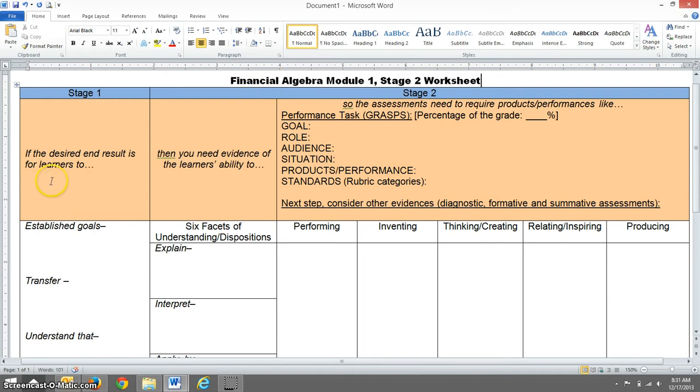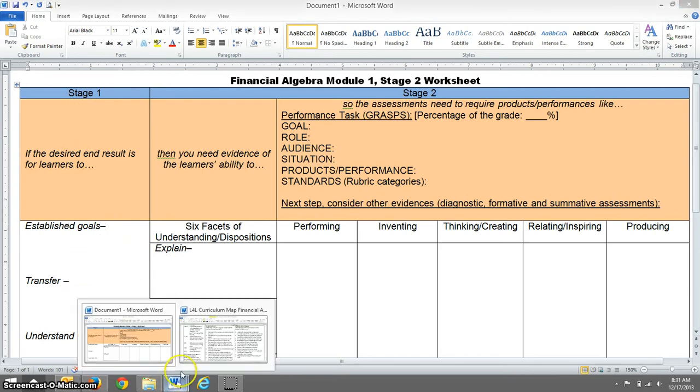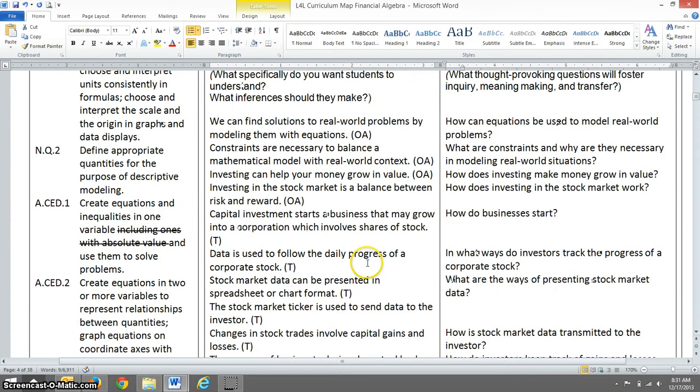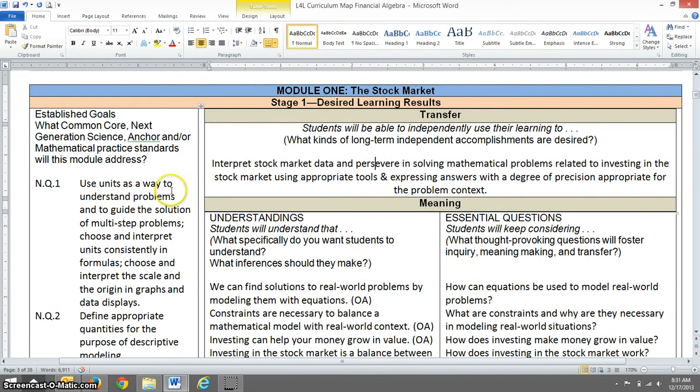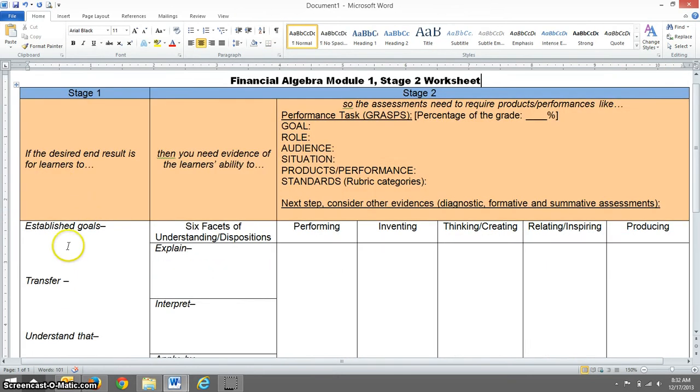Okay. Now for stage 1 column, this is where you're going to make sure it's aligned to your desired learning goals. So in this case, I'm going to go to my curriculum map, and this is that curriculum map. Here, make absolutely sure that we're not going to include the actual standards themselves. We're just going to refer to them using their numbers and their acronyms. So just copy and paste, or you can type it: NQ 1 and 2